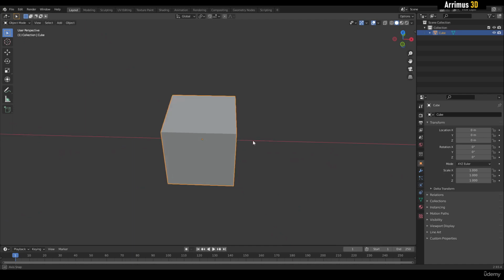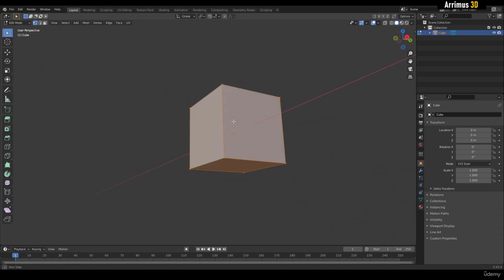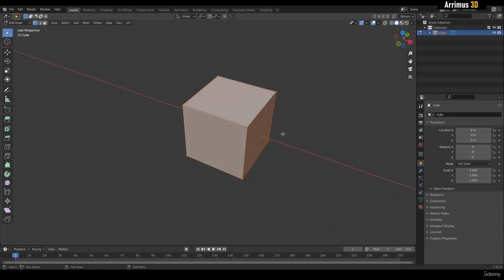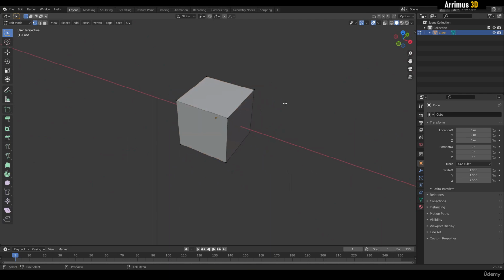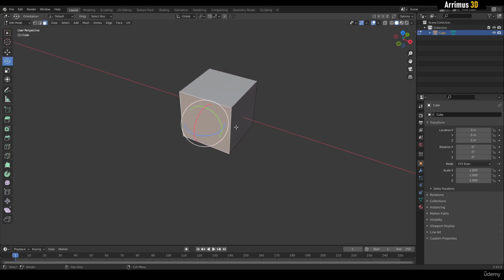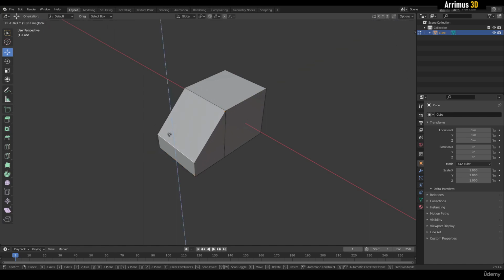All right, guys. So what a lot of people will do is they will start with a cube or a cylinder or a sphere. They will do a bunch of Boolean operations and they will just apply bevel. So here I'm going to teach you how you can do Angular Freeform in Blender. Essentially what we're going to do is just extrude that, kind of move that up, select this, move this down, move that down,